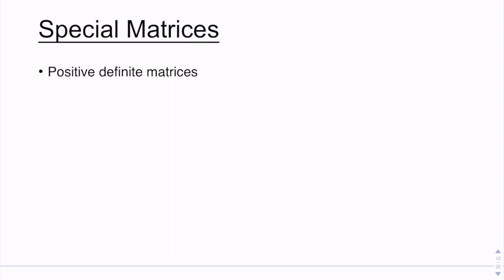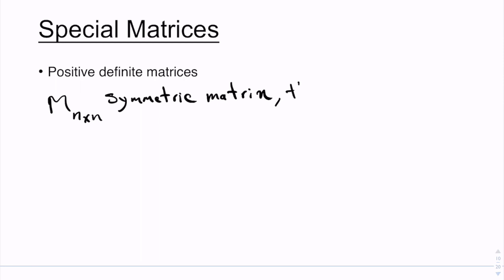Let's say we have a matrix called M. Let's say M is an n by n symmetric matrix. Then this matrix is positive definite